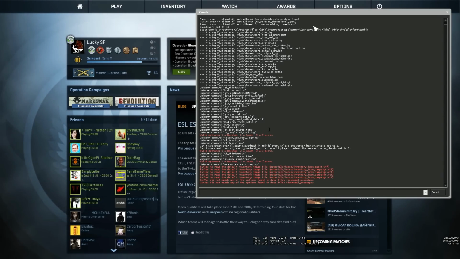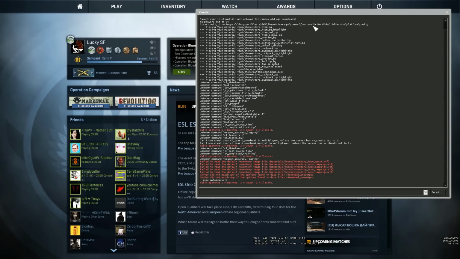And right here, if your autoexec isn't working, just type in exec autoexec.cfg, which will execute any config file that you have, or better said, in this case, the autoexec config file. You can also just rename it to something else, like I also have a Dansky config. Just hit it again, enter, and it will basically execute everything that is there in your